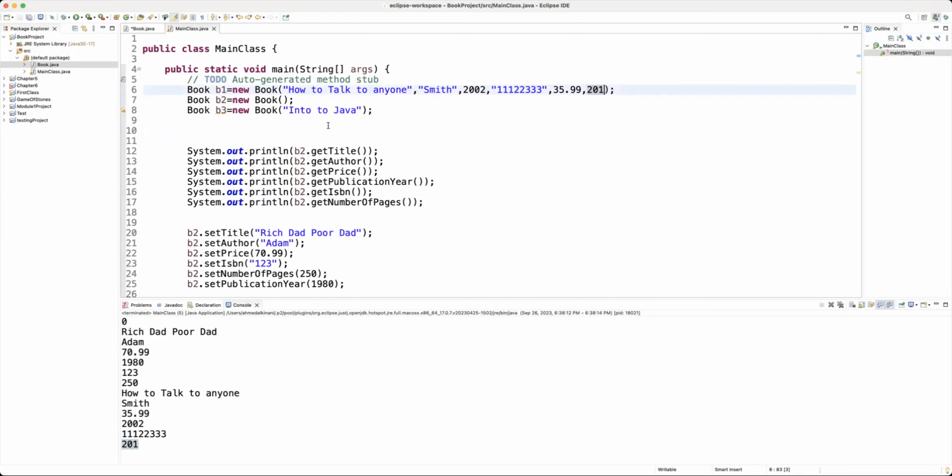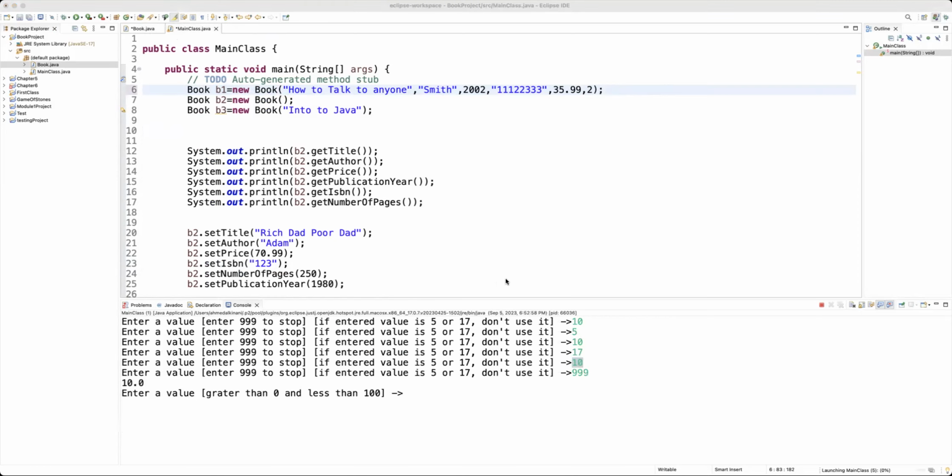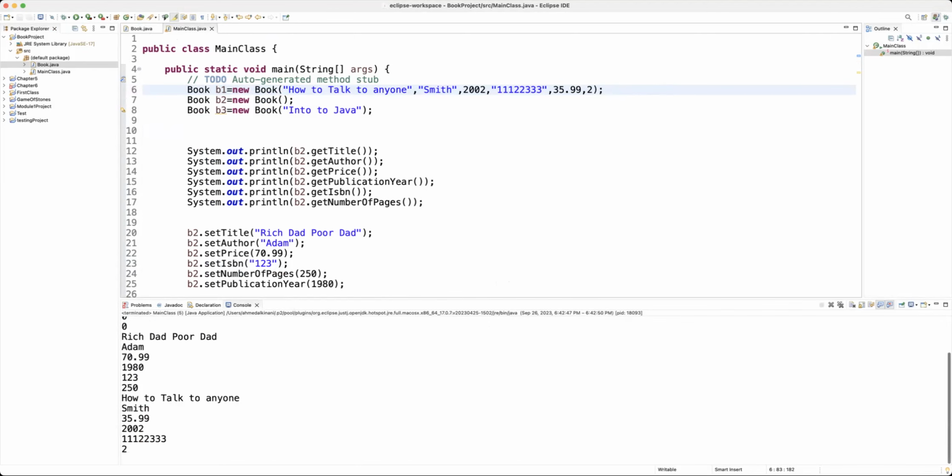If a book has less than 10 pages, then that's not a book. This is a set of rules that we're just establishing right now. Based on what I have here, if the user for, let's say, book 1 decided that the number of pages for my book is simply 2 pages, then this is going to be acceptable with no problems. And if I run it,